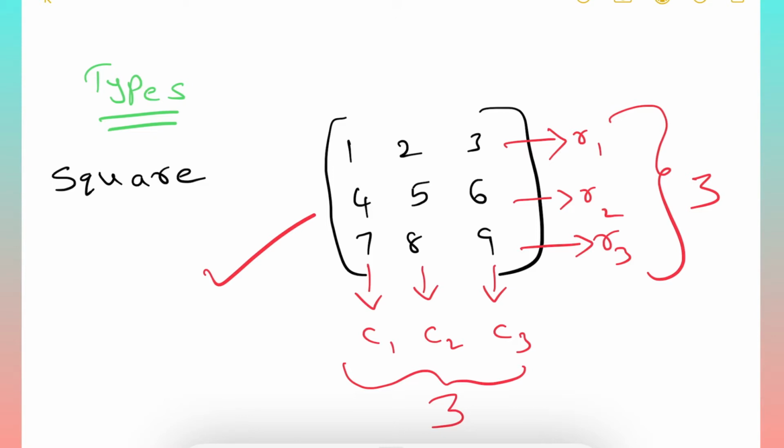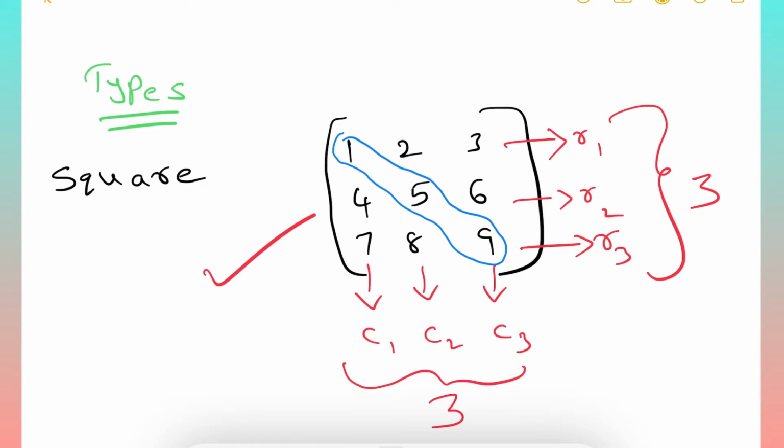In this, A11, A22, A33 is called the diagonal. Next, in this only we need to know the meaning of trace. It is very easy. Trace is nothing but, in this diagonal, whatever elements are there, if we add those elements, we will get some number. That number is the trace of a matrix.